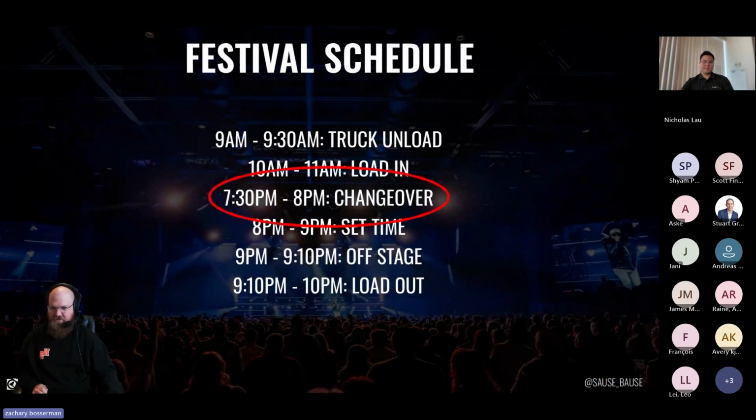So we're going to be talking about the changeover time. Changeover time is everything. That is a half hour where you have access to the rig in the dark with the ability to haze. Those 3 things are often not something you get to see during your load-in time. During load-in, I'm trying to make sure that the power works, that the hazer fluid is filled, that everything is good, that we've got connection, at least from my data side, to the rig,